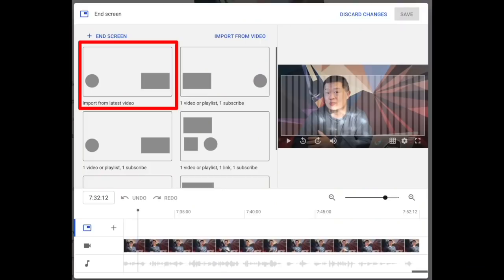We've also heard feedback about adding end screens in the Studio editor and the need to always go back to Classic to add end screens, or the ability to import end screens from the last video. That was very hard to do. So there is a new native end screen editor in Studio, which also includes the ability to import from the last video and is a much more focused layout,